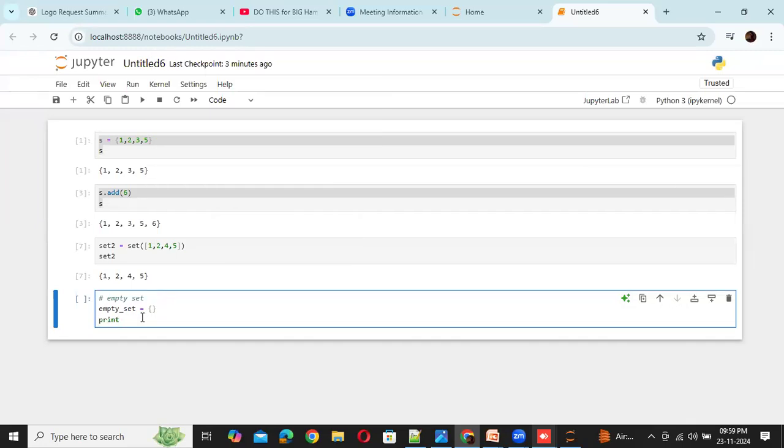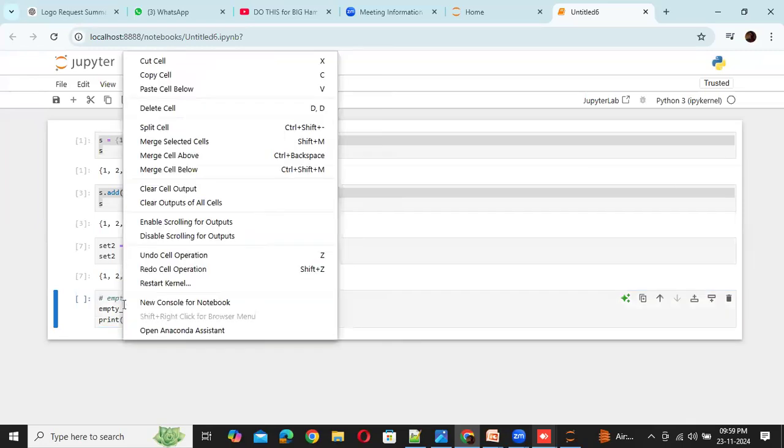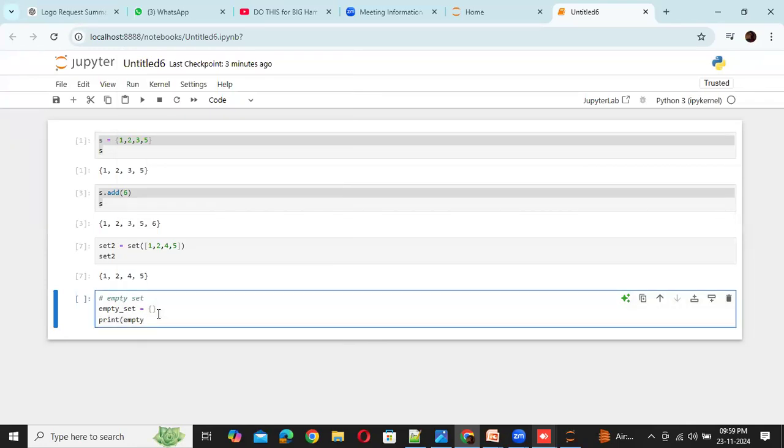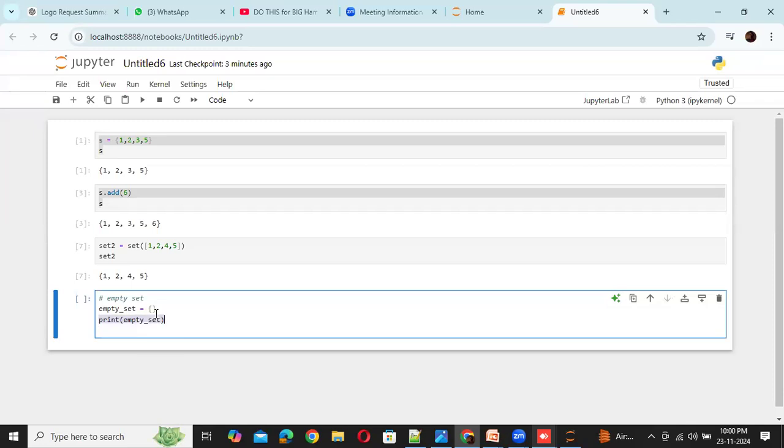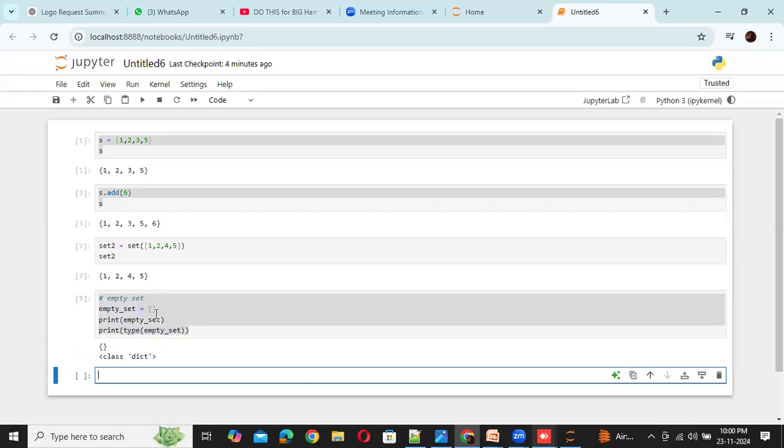Print empty set, sorry. And I'm going to put the same thing here, copy paste it here. And this one I'm going to put inside the type function. The type function is to check the data type, right?